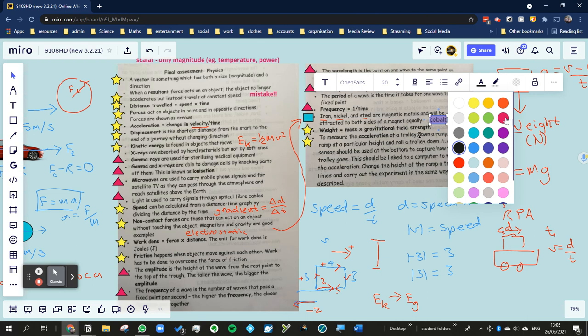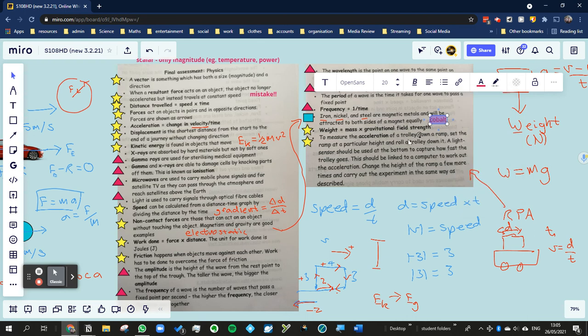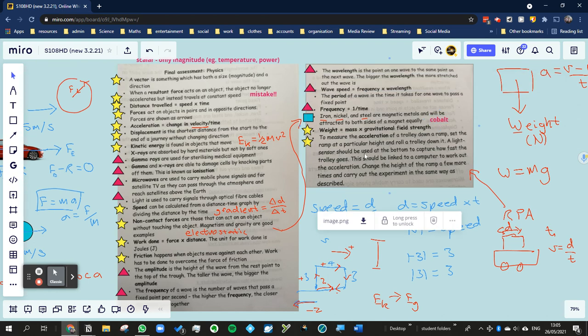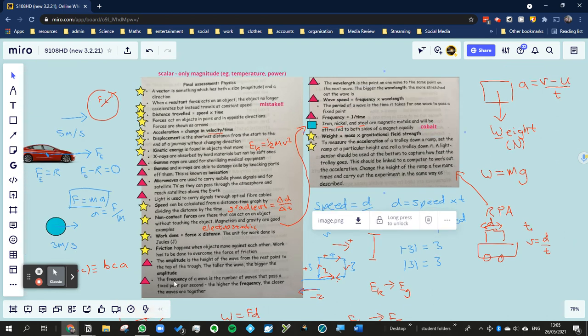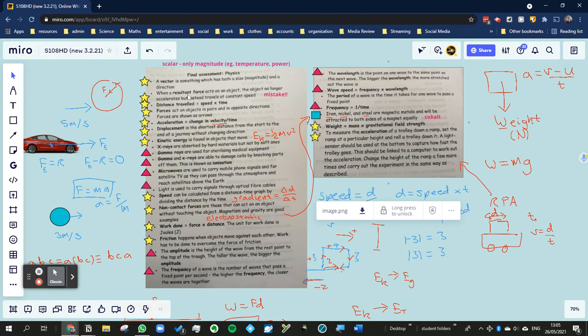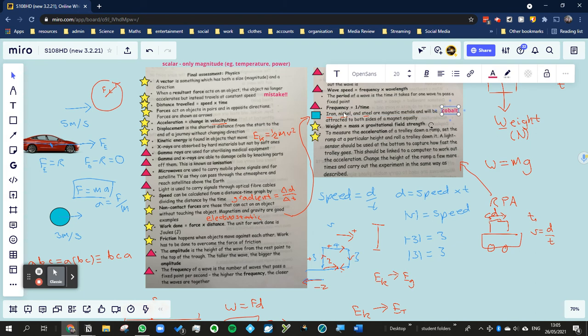Now, what I also noticed about this list is that it's a very strange list, in that it's not all of one topic. It's kind of bits and bobs. So I think the test has already been written, and you could pretty much guarantee there's going to be a question on each one of these things here. At some point in the test, it's going to ask you which is the magnetic material, and you're going to have to know that iron, nickel, steel, or cobalt are